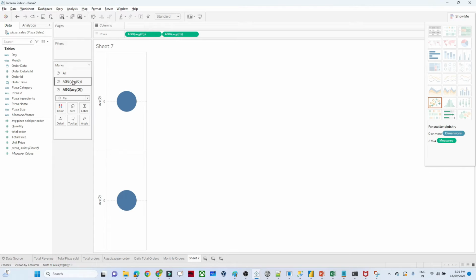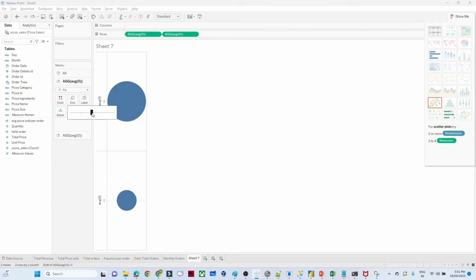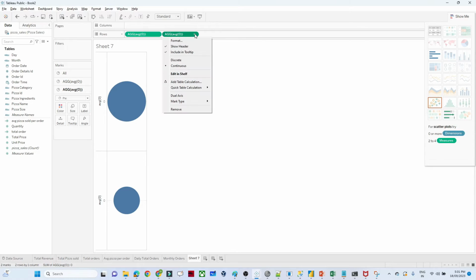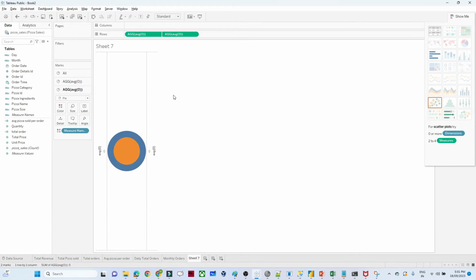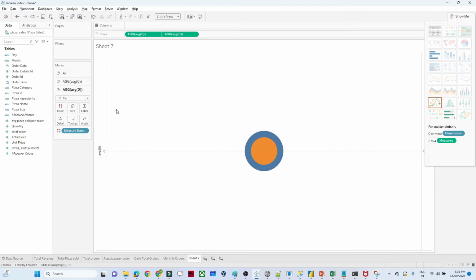Okay, and I will select the second one and increase the size a little bit. Once you do this, on the second one I will click on the dual axis. You can see now it is coming like this. Click on the entire view. Now I will click on the second one. What we actually want to calculate is total sales based on the pizza